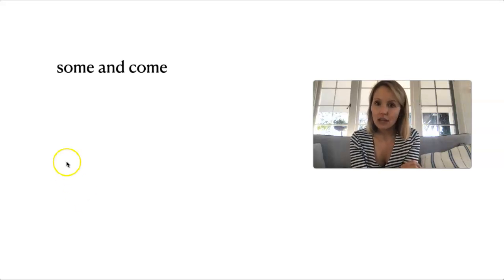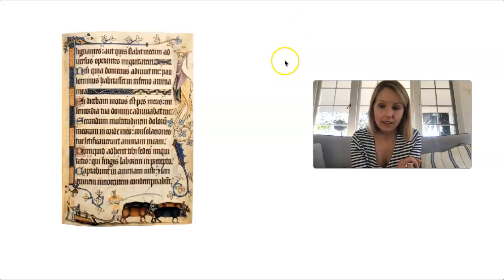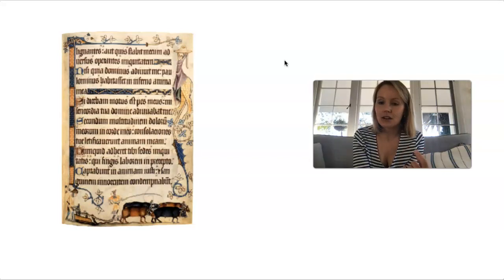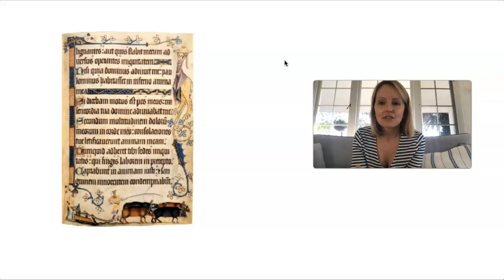But there was a problem. Once upon a time, not everybody got to write, and this was the way that the scribes wrote. And I think this is a really important thing to remember, that once upon a time, only a select group of people could and were able to write. And this is what the writing of that time looked like, which is called minims. And you can see that it's very difficult to distinguish between certain letters.